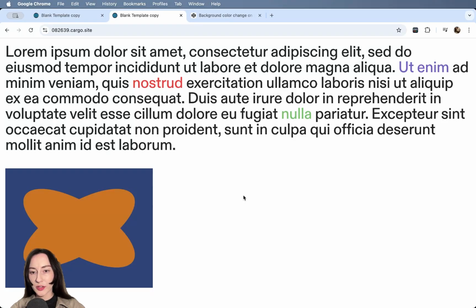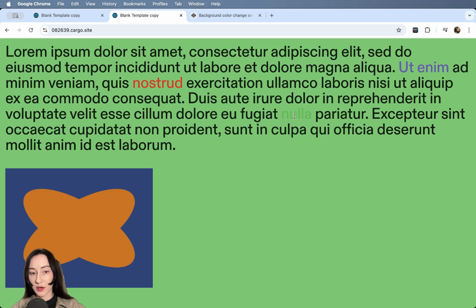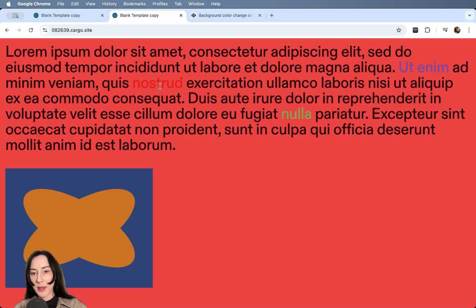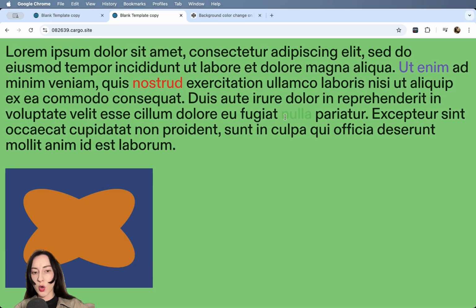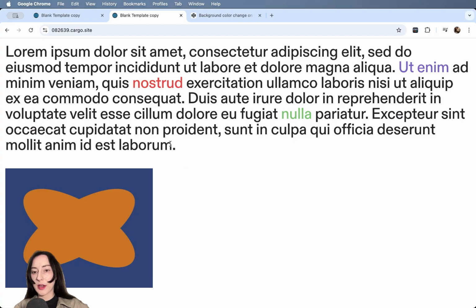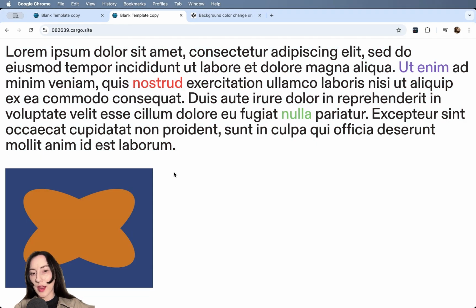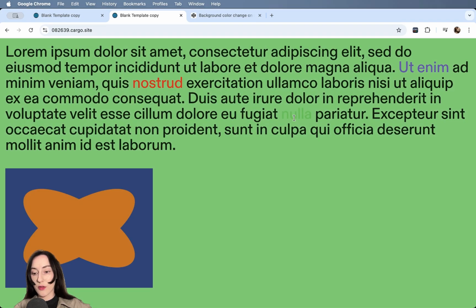Let me show you another cool thing which you can build with Cargo Collective and just a little bit of JavaScript. We're going to trigger a background color change when you hover over selected elements. These elements can be pieces of text, links, a group of elements, images, or anything else actually. But it cannot be images inside of image galleries or images or projects inside of thumbnail index,